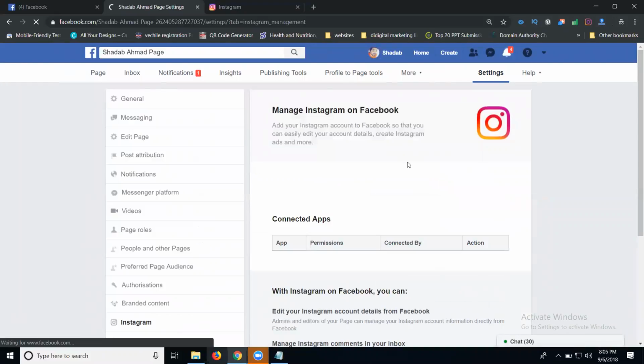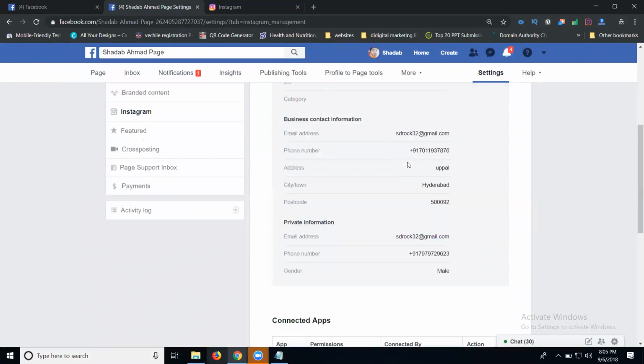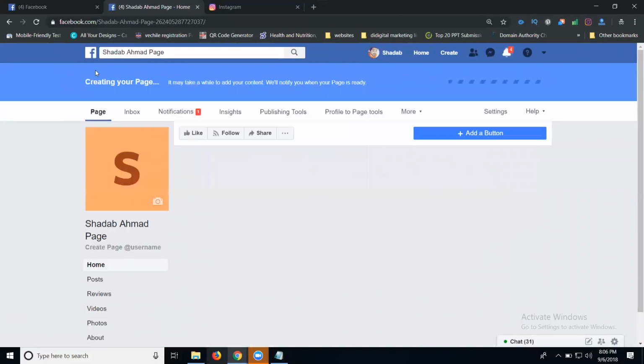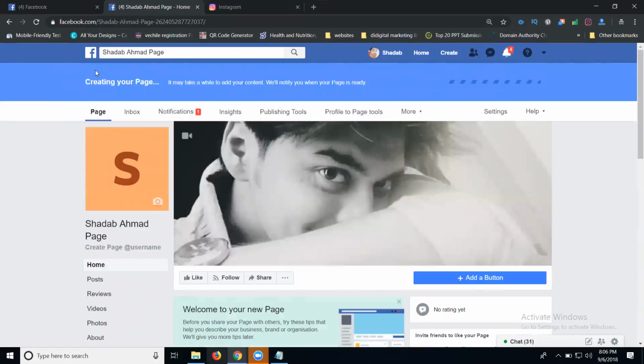So automatically your ad runs for the Facebook page and Instagram also. Why? Because your Facebook ads run only through your Facebook page, not for the Facebook profile, not for the groups. That is called your ad displaying on your Facebook page and Instagram feeds also. That is called linking your Facebook to Instagram.